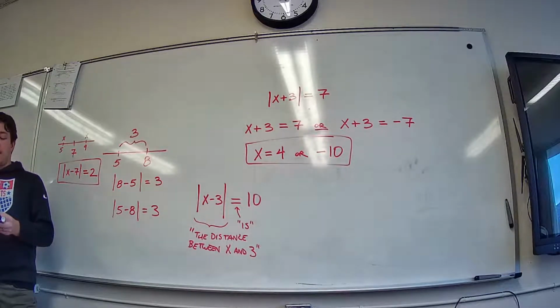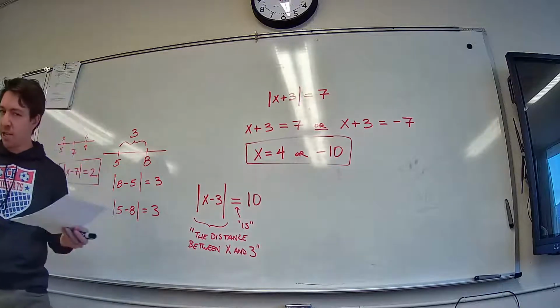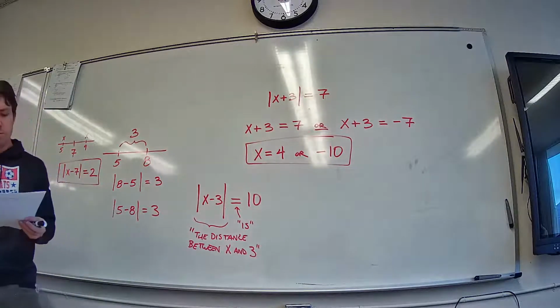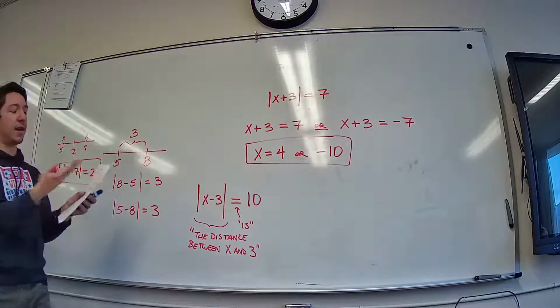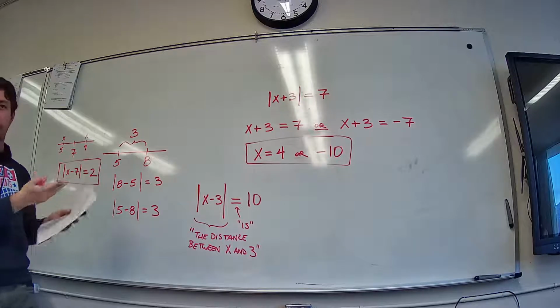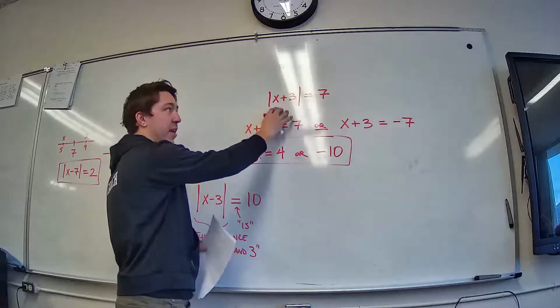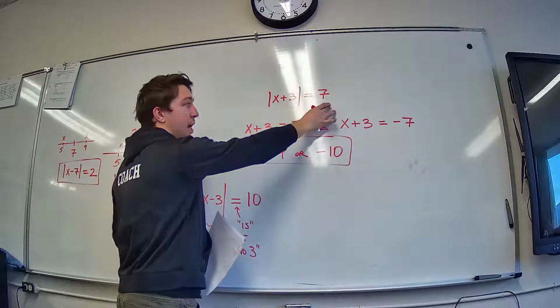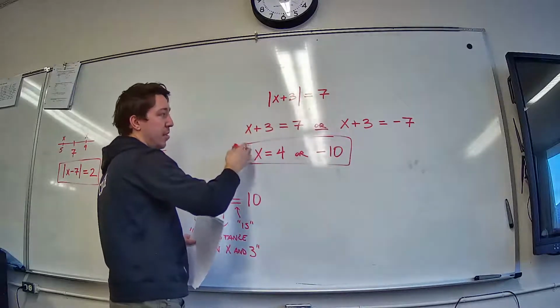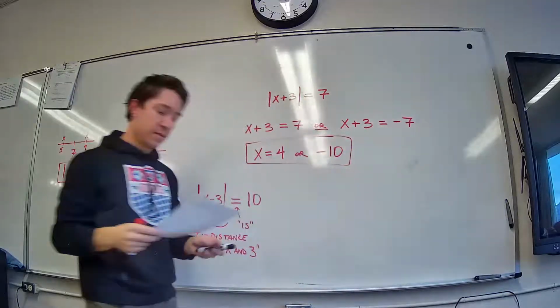All right, so on the next page, what do you guys think about A? Will that one be extra challenging, you think? Well, should be fine, right? So 19A is going to be very similar to 17C, where you've got an absolute value of something equals a number. You're just going to set up two equations and say either that thing equals the number or that thing equals the opposite of the number.